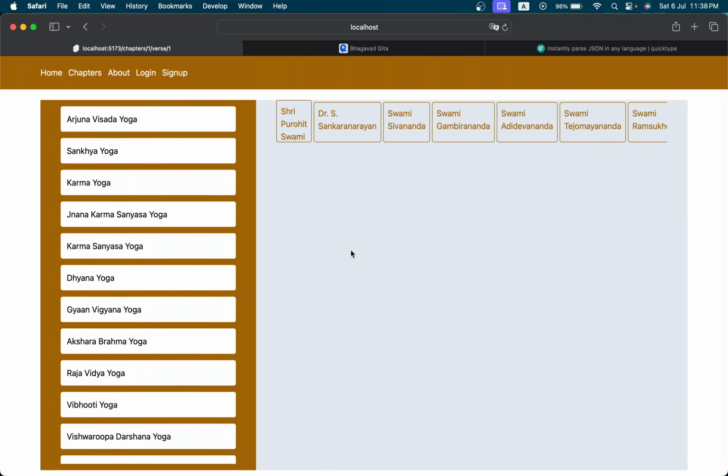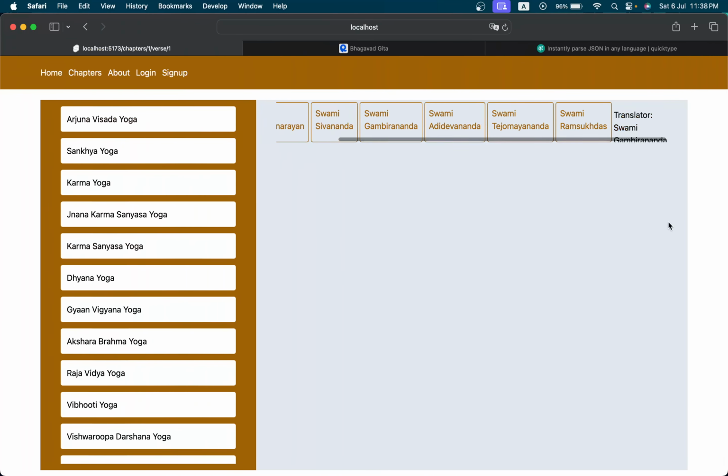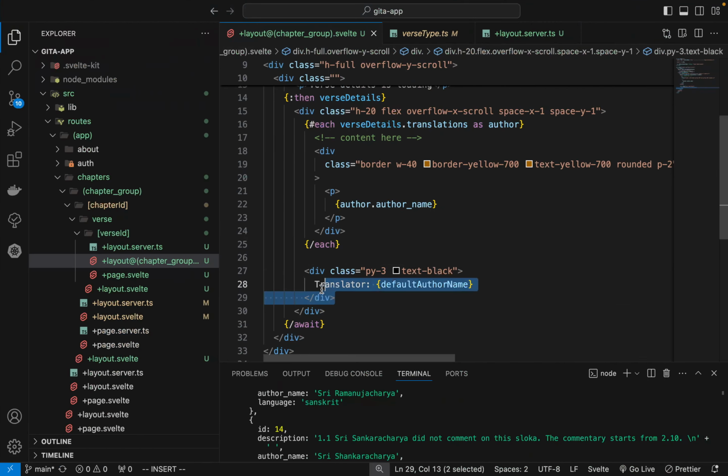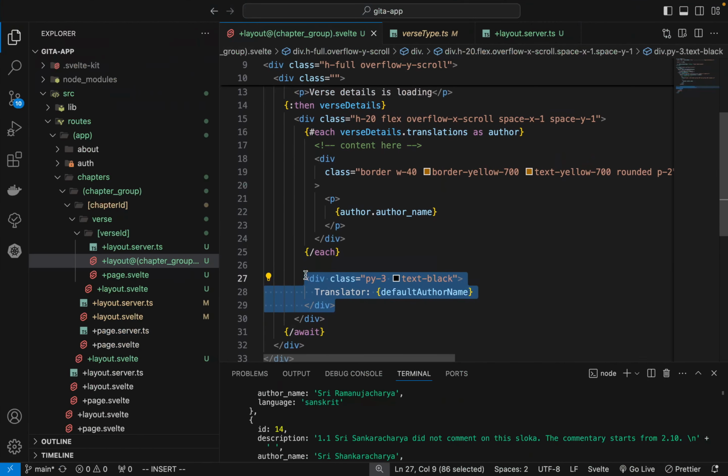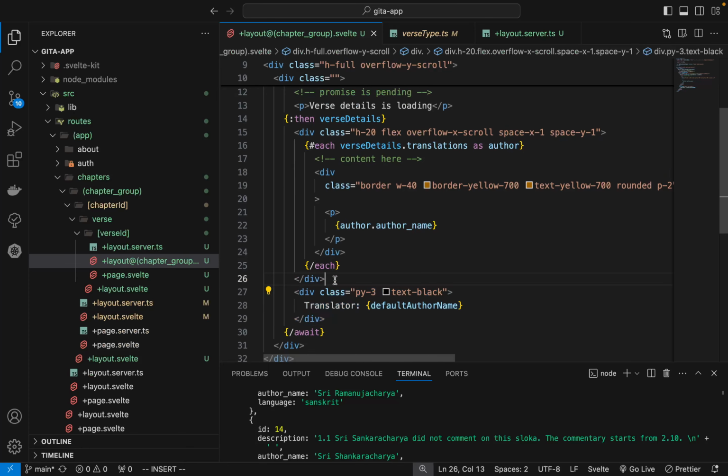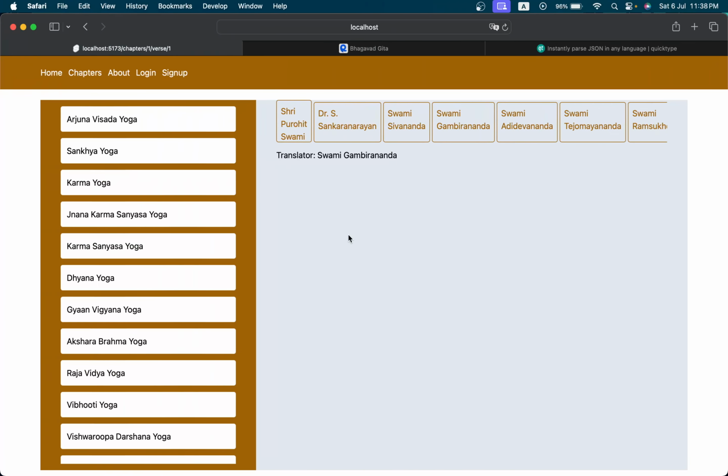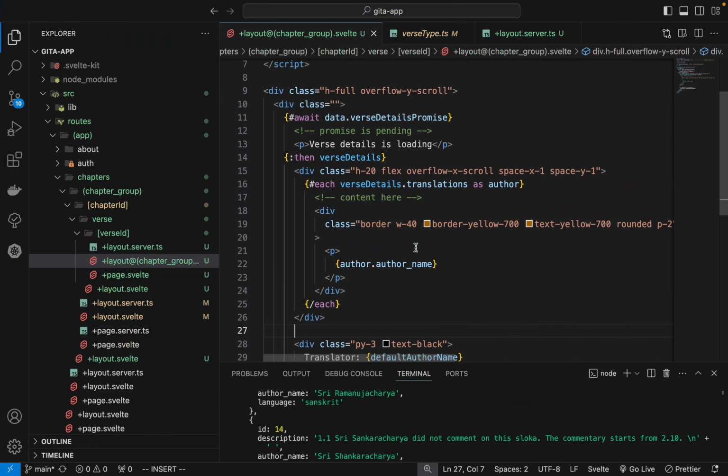Text black. Oh, okay, so it went there. Need to be below this. Fine. Now you can see that Swami Gambhirananda is the default translator, but if we just click that,